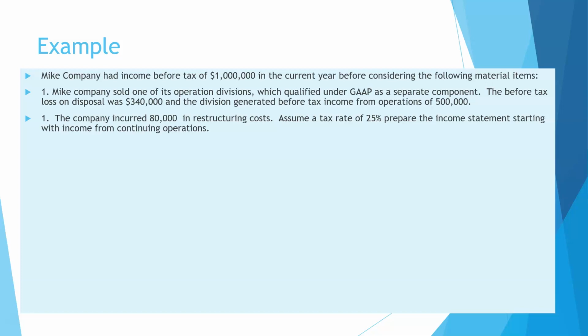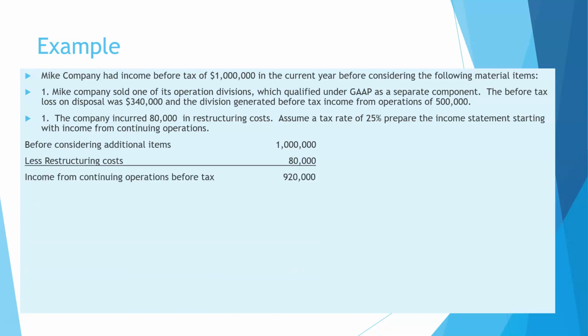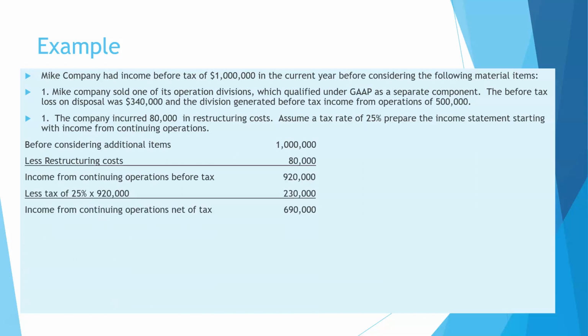That means they let people go, move people around. And we have to assume a 25% tax rate. So what's that going to look like? We first start with our beginning income. We adjust for restructuring costs because these are always shown pre-tax. Then we take out our tax, and now everything below that is going to be net of tax, which includes